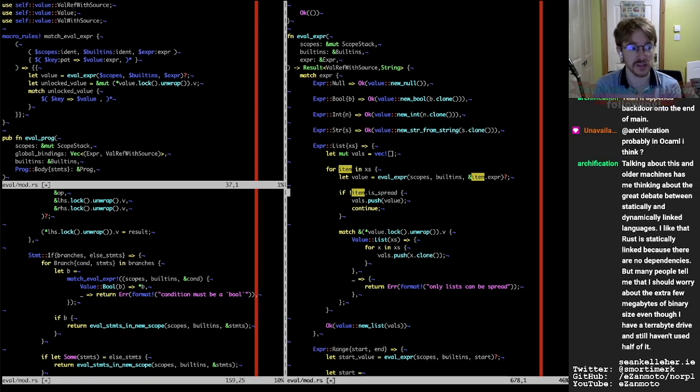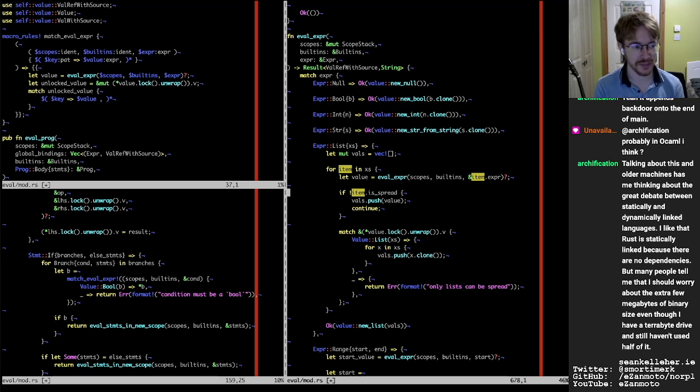But I suppose it's just the idea that it could be appending a backdoor onto main, or it could be anything really. You just have no way of knowing. It could even be intermittent. It could do it to like 1 in 5 programs, and you would have no way of verifying it. It's just the idea that you can't verify the executable you're running, or the source code for it, because it's been generated from so many layers of executables. But that would possibly be a good contender for